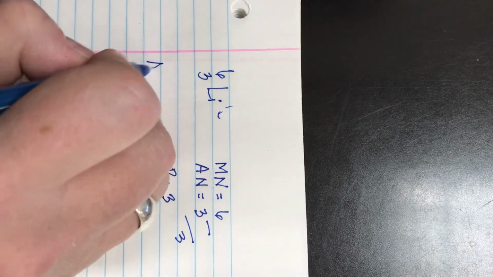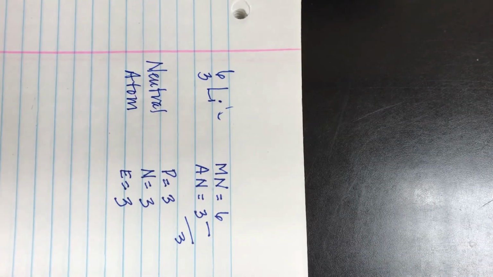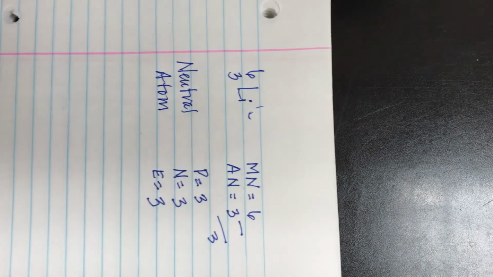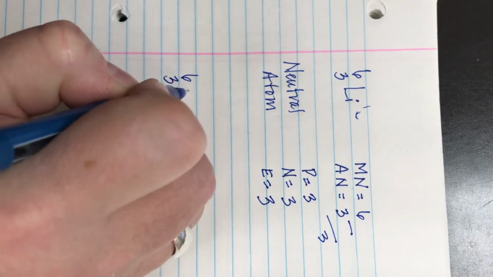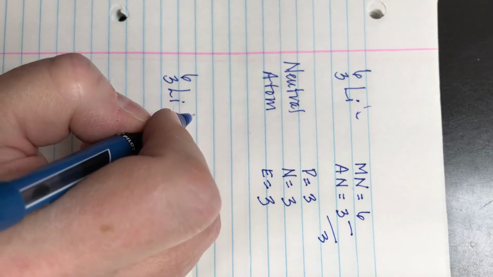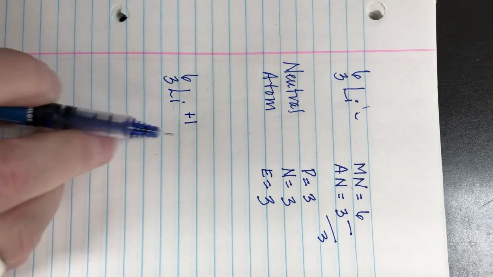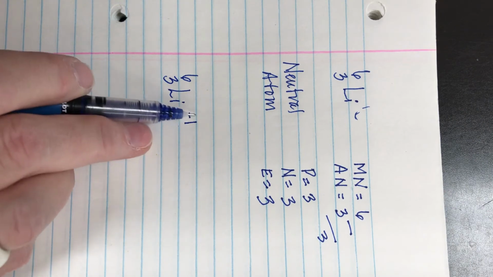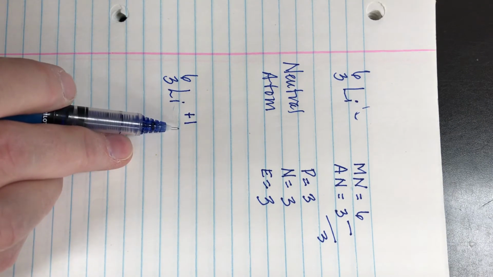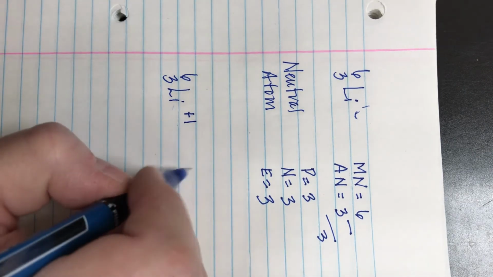So we call this a neutral atom. What if we had the same atom of lithium, but this time we have a charge? And this is how we designate a charge. So this lithium ion has a +1 charge. So this means we have more protons than we have electrons. Okay? So again,